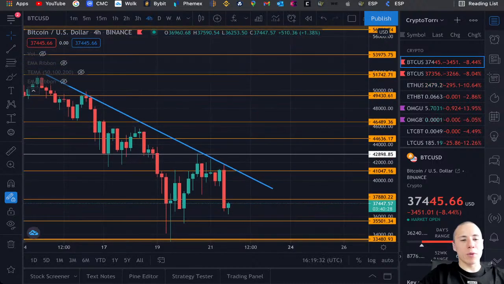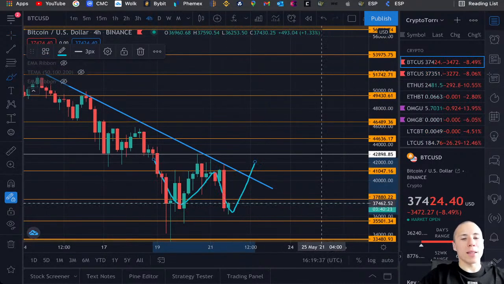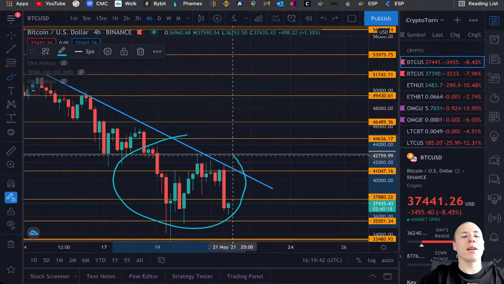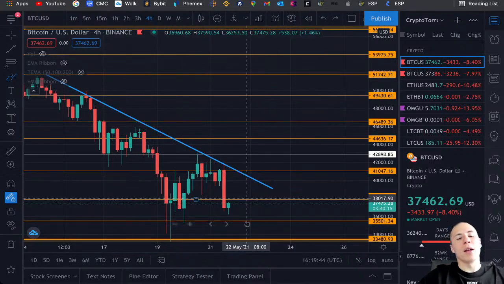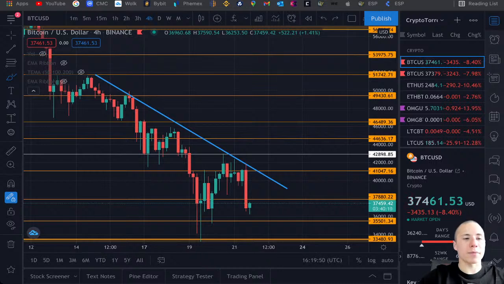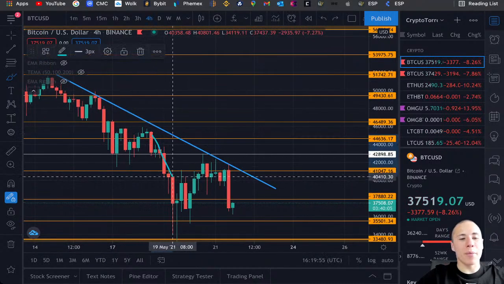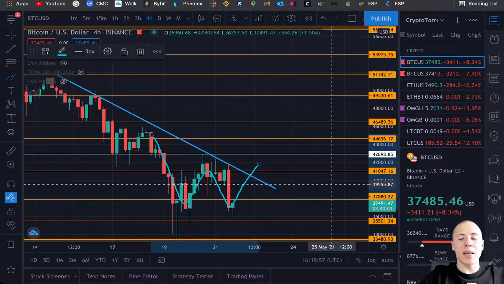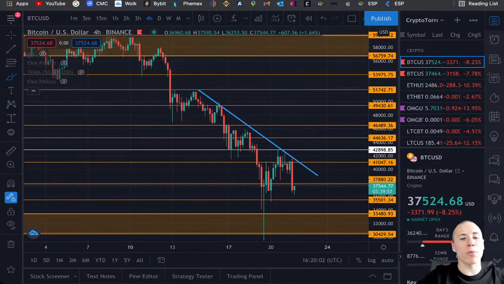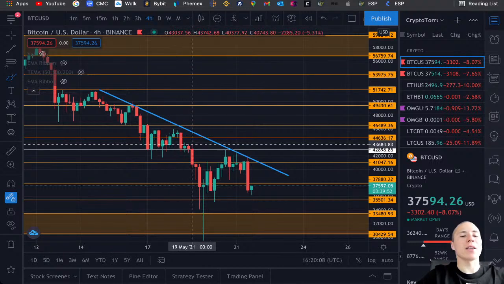But what I personally think about Bitcoin at the current moment is that we are still holding quite strong at this current moment, and what we are seeing is this W structure being created on the Bitcoin price action. And I think this is actually telling us that we are seeing a trend reversal being created, and that's something I personally like to see right now, because this would mean that we won't be seeing Bitcoin drop even further down. And of course that is possible, but what this pattern is telling me right away is that we are creating this